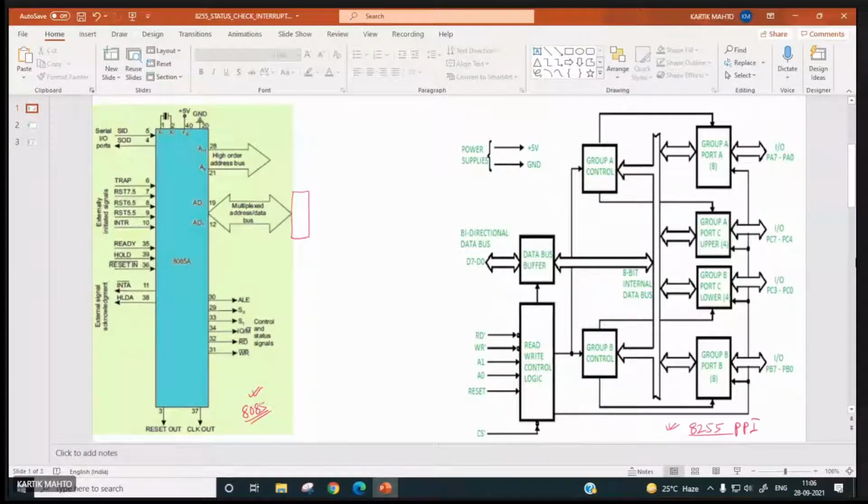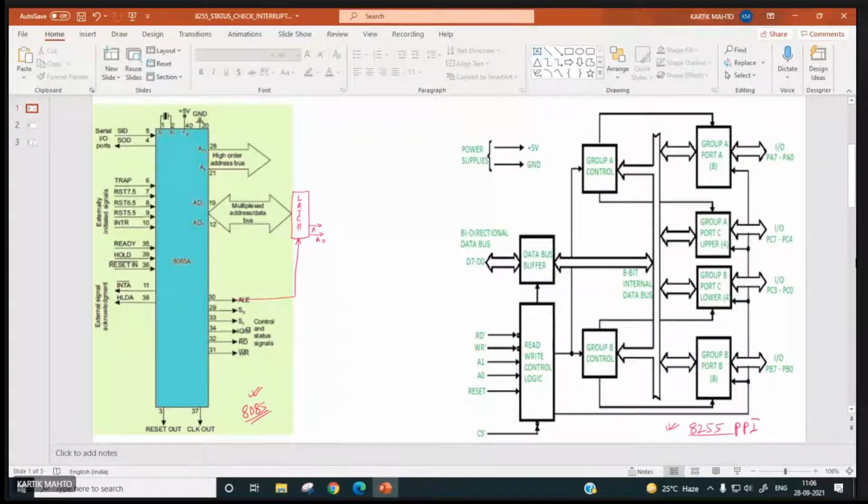So here you need to have a latch first, and this latch will be connected to ALE. Whenever the processor sends the address via AD0-AD7, ALE is made high and the address is latched over here, A0,